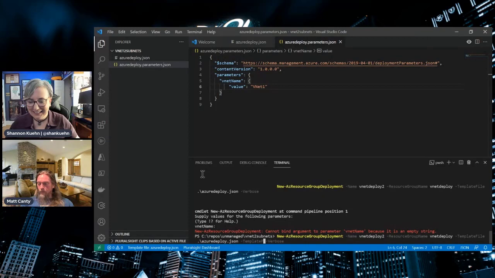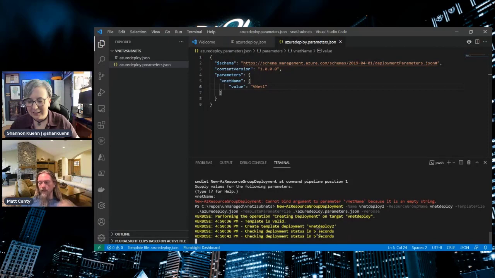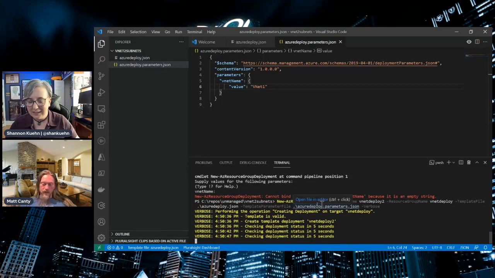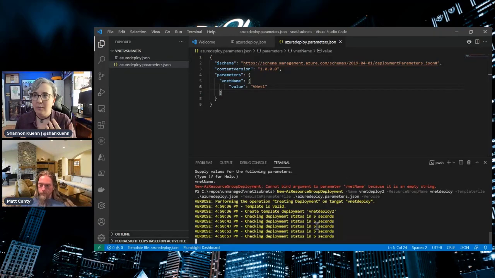Now when I do this, I'm going to provide a template parameter, not object, but file. And that's going to be my /Azure deploy.parameters.json file. And I'm going to notice the verbosity now. It shows you, hey, it's valid. It's creating the deployment. It's going to check it, and it'll show you it's checking every so often until it's finished deploying. Yeah, I like the verbose flag for larger templates where, especially if something's reliant upon something else, or